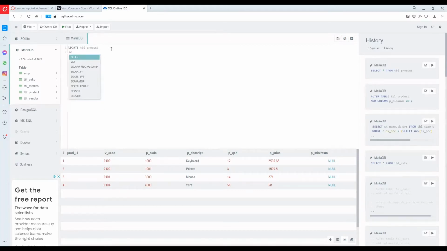The table product, then minimum equals to